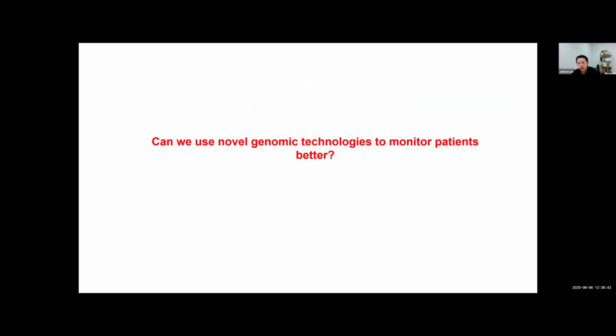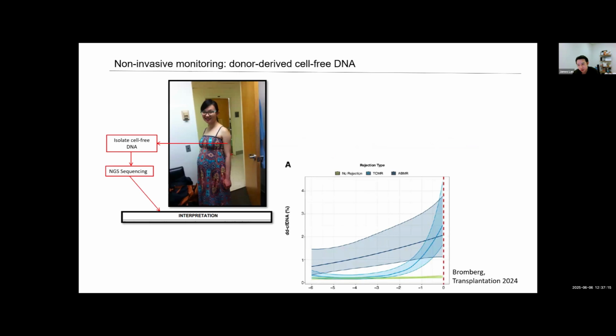So where we're going forward is we want to prescribe immunosuppressants better. We want to allocate organs better. But what we also lack is a technology to monitor the immune system after transplant. As Paul Keown likes to say, it's kind of like trying to treat hypertension without a blood pressure cuff to measure the blood pressure. We can appreciate the immune system is very dynamic post-transplant. Sometimes it goes up, sometimes it goes down, and we have no way to monitor this. So is there technology that we can use?